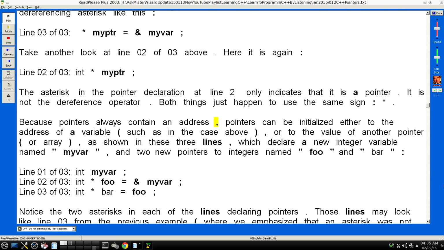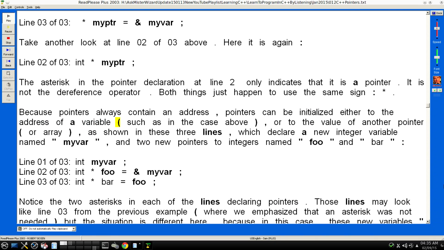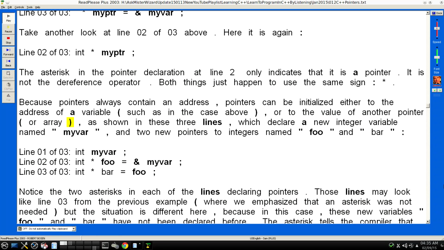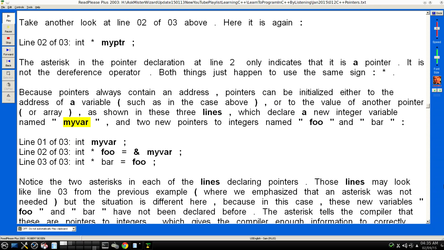Because pointers always contain an address, pointers can be initialized either to the address of a variable (such as in the case above), or to the value of another pointer (or array), as shown in these three lines, which declare a new integer variable named "myr", and two new pointers to integers named "foo" and "r":